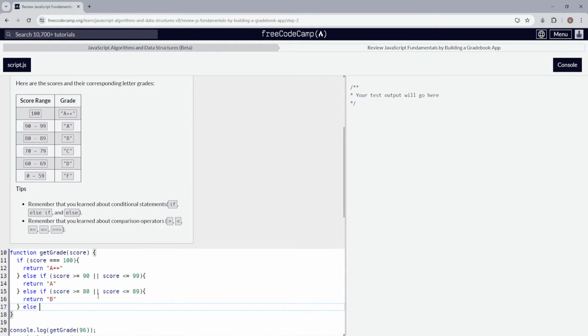Then else if my score is greater than or equal to 70, or score is less than or equal to 79, then we will return a C. Now two more for D and F, so we're going to do